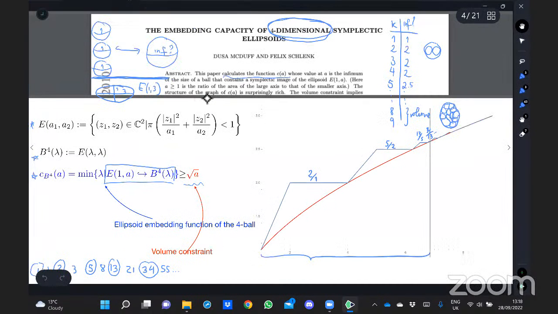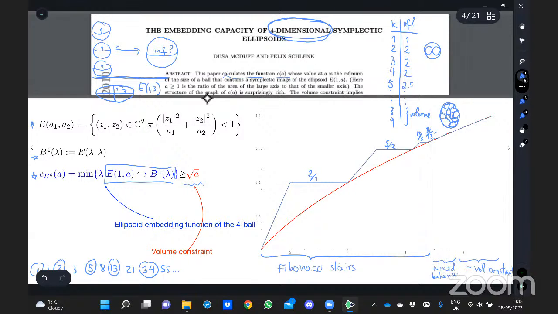Okay, so these are called the Fibonacci stairs. And then here, after a little bit before 8 onwards, the function just becomes equal to the volume constraint, square root a. And then here in between, there's a sort of fixed